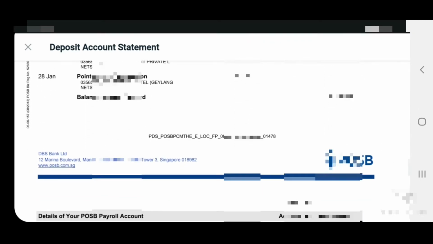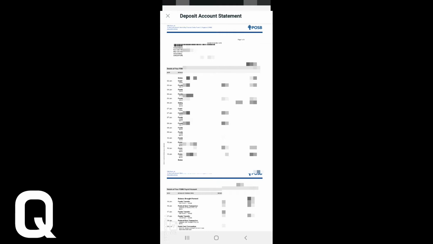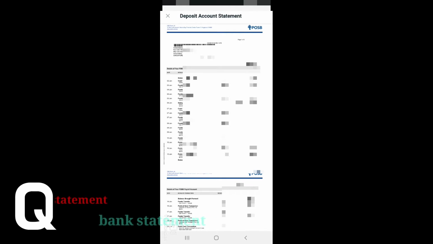First I rotate my phone screen because the full page cannot be seen. Okay friends, so you can see here the full page.